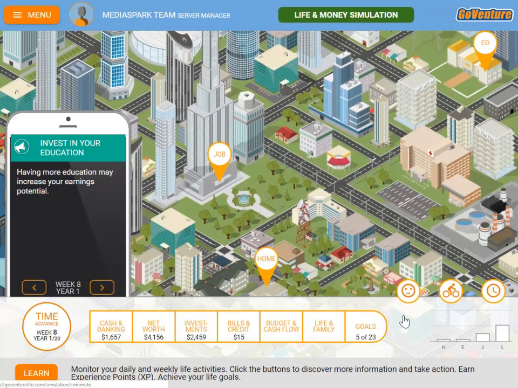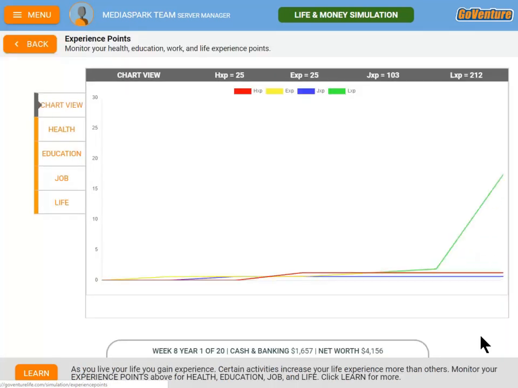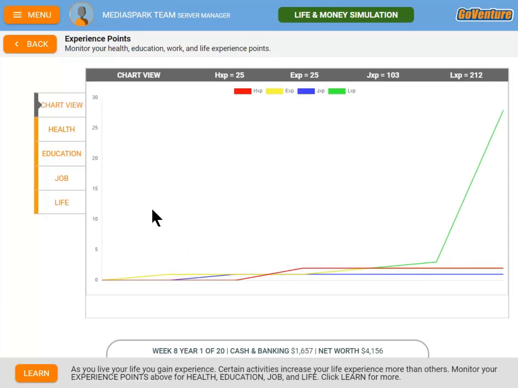I mentioned there's a little flutter of points at the end of the week here, so you'll notice these 4 charts here. These are what are called experience points. In fact, if I click on this, it'll bring up a chart, and I can earn experience points. There are 4 types of experience points: health experience, education experience, job experience, and life experience. And I earn points by doing activities related to health, education, job, and life.